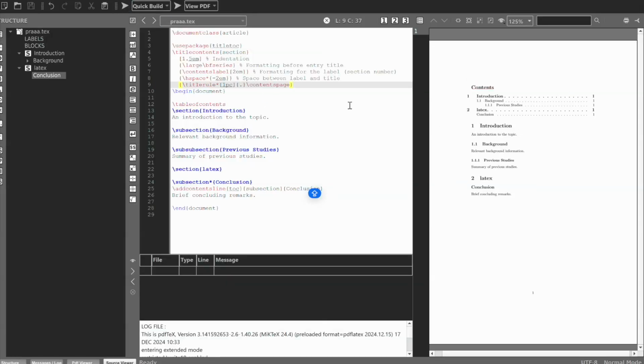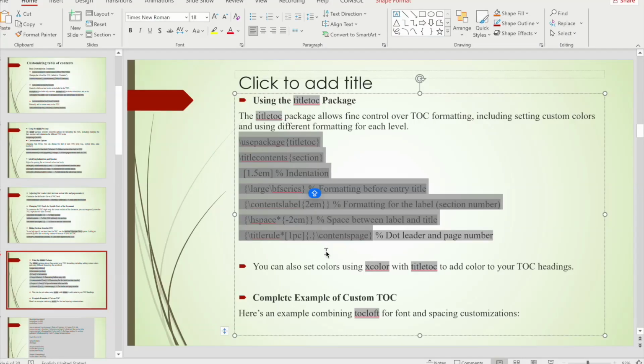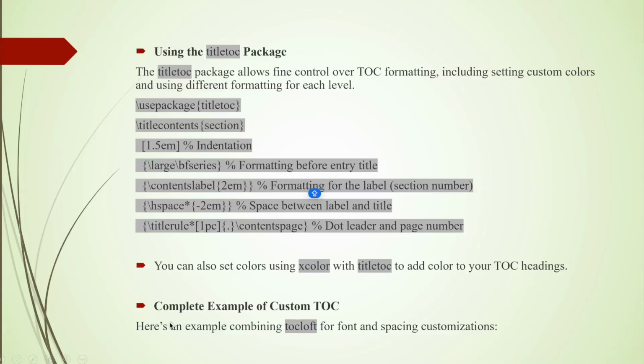And customize the table of contents. Spacing includes, and here the dot size is different for sections, and the distance between the dots is different for sections, subsections, and so on. We want to see the complete example for a customized